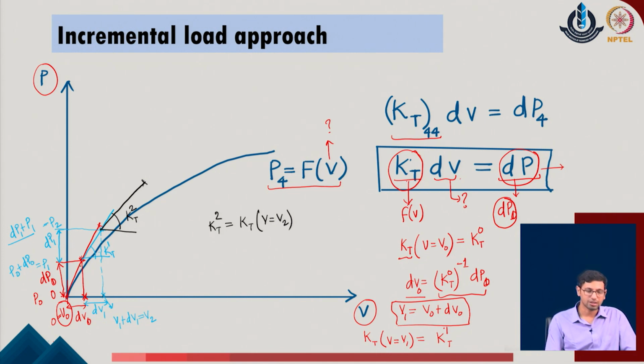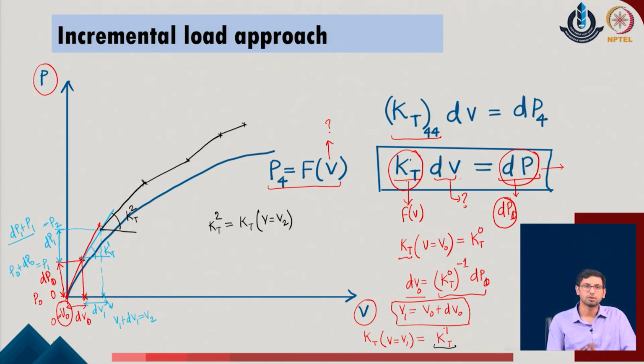Of course, now you can see that it is not going to track the given original curve in the exact same manner. Somewhere there is a difference, and as you keep on moving with the curve further, the difference keeps on increasing, and that is what the standard incremental load analysis looks like. We keep on incrementing the load, and with each increment in the load, we define the new value of the tangent stiffness of the given system, and corresponding to that value of the tangent stiffness, we evaluate the increment in the displacement of the given system.